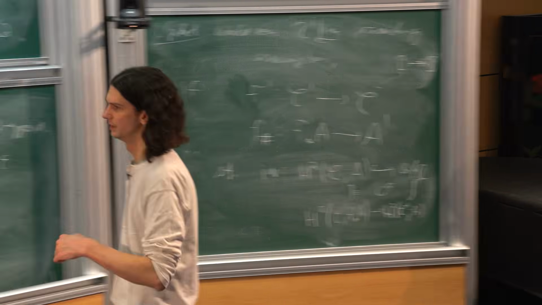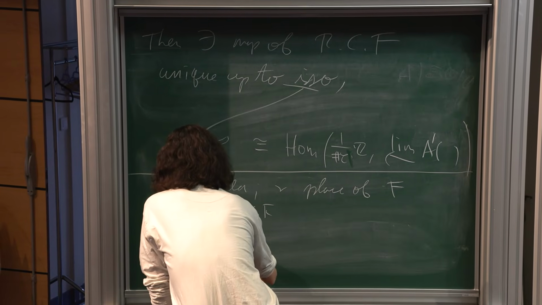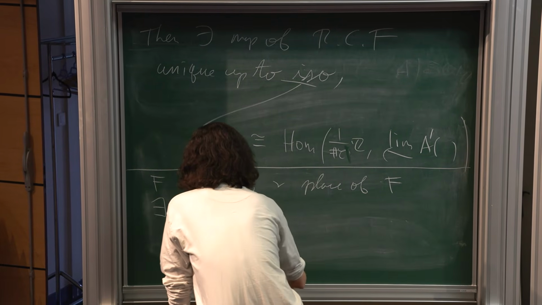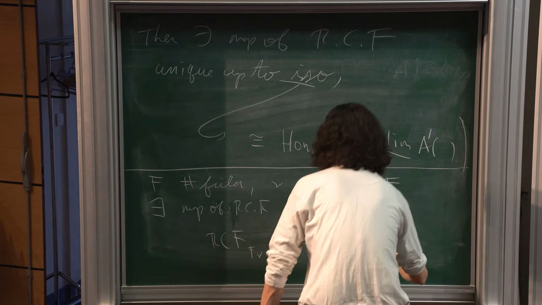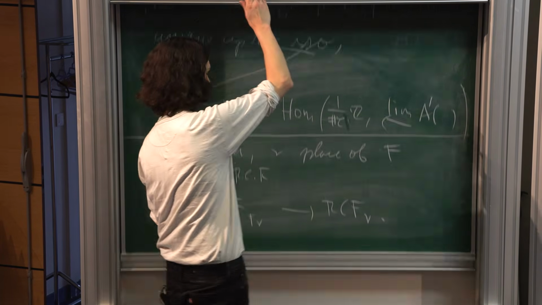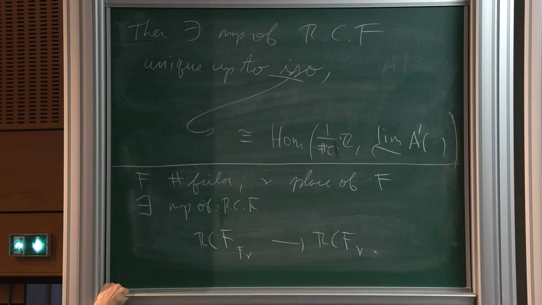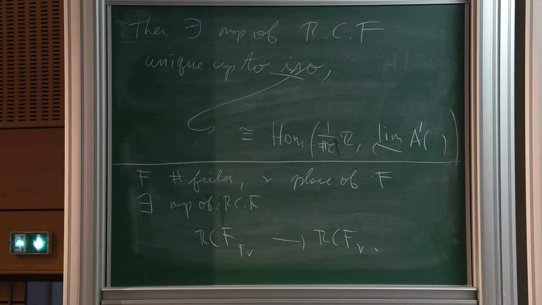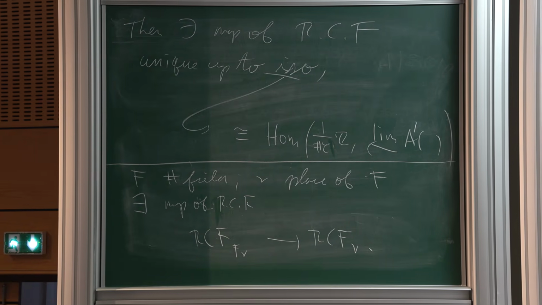Yeah. There exists a map from the refined class formation for F_v to the refined class formation for F. And it's unique up to isomorphism, but it's not uniquely specified, so